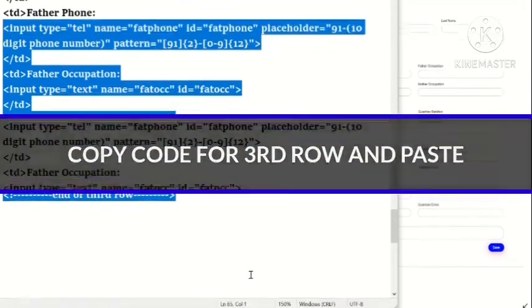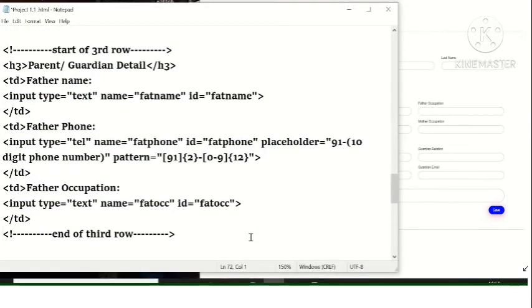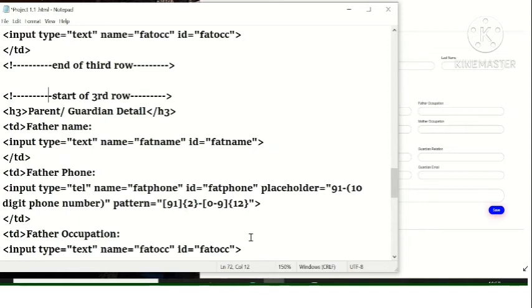The similar coding will be done for the fourth row as it also has the same fields like the father name. It has the same things with the mother name, mother phone and occupation. So we will just paste it and change the details.